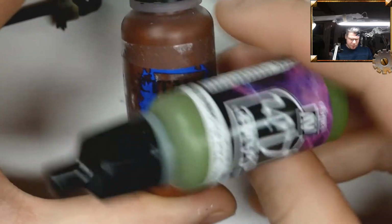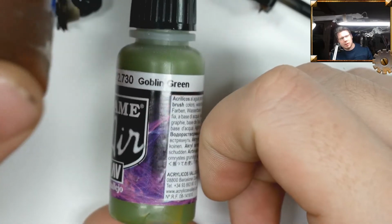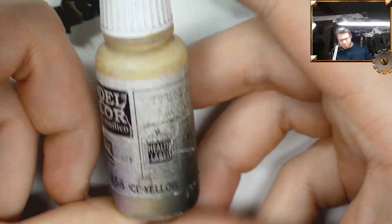So yeah, what we're going to do here is do a base of Doomball Brown, and then we're going to take some Goblin Green. I don't know if this paint will be like the old Games Workshop paint, but I think it's a bit darker than the original. But Goblin Green nonetheless, and also a pre-highlight before the Goblin Green with some Ice Yellow. You know, yellow and greens go so well together. And then some shading with some Rhinoxide and